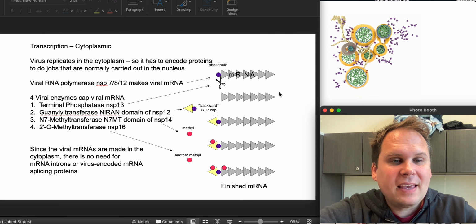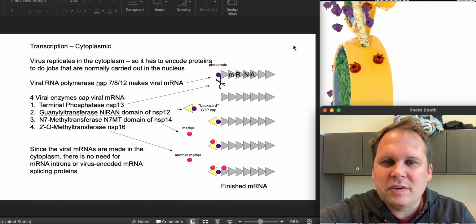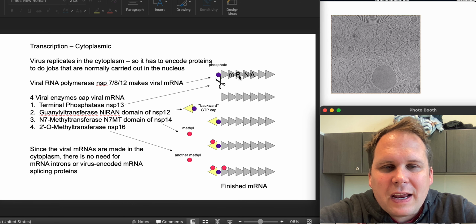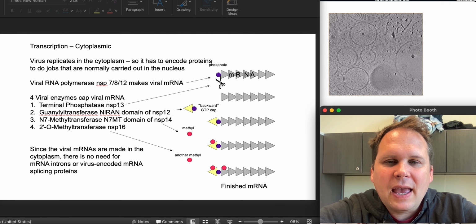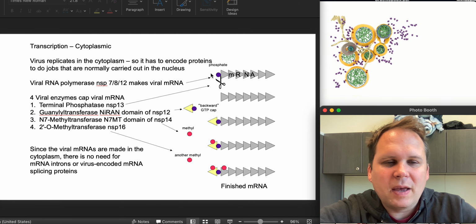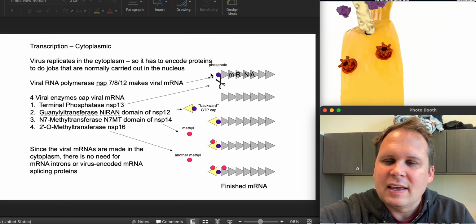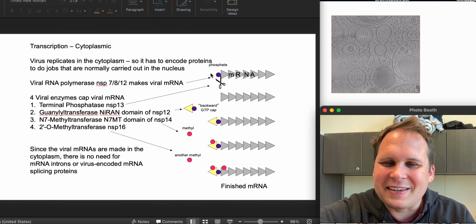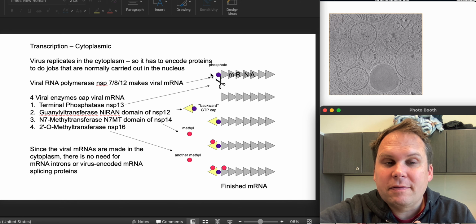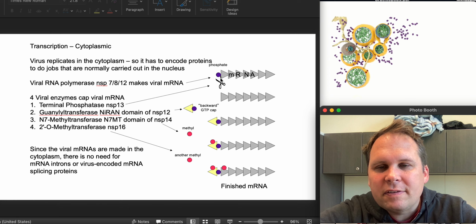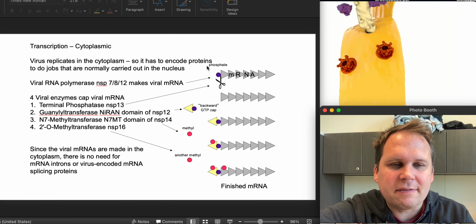Okay, to make a cap, it takes 4 enzymes, and each of the enzymes has its own job to do. So shown up here, these little gray triangles, let's imagine these are nucleotides of the messenger RNA. And at the end of it, let's assume this little purple dot is a phosphate, like an extra phosphate. So it's like a triphosphate end. And we don't want a triphosphate end. So step one, there's going to be an enzyme called terminal phosphatase. And its job is to cut off the last phosphate at the end. So we're going to go from a triphosphate down to a diphosphate.